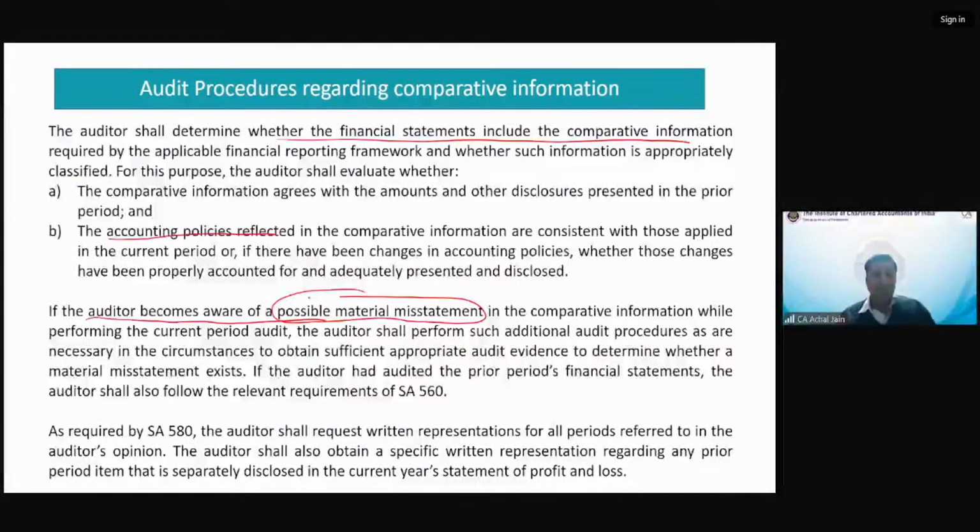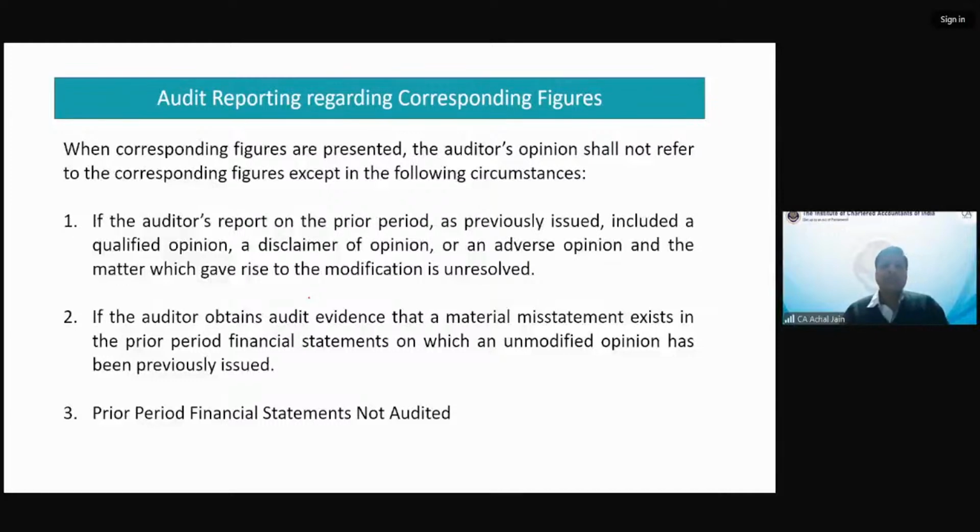Something that we just discussed. Further, when the corresponding figures are provided, the auditor's opinion shall not refer to the corresponding figures except in the following circumstances. What is that? If the auditor's report on the prior period as previously issued included a qualified opinion or a disclaimer, meaning there was some modification there, only then the auditor's opinion shall